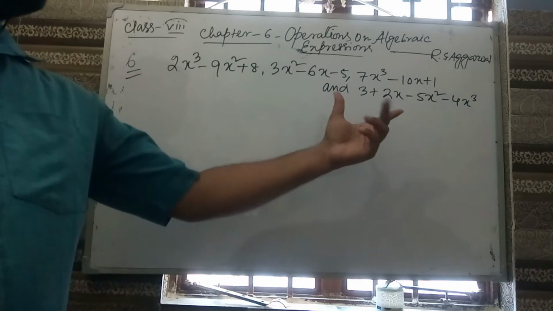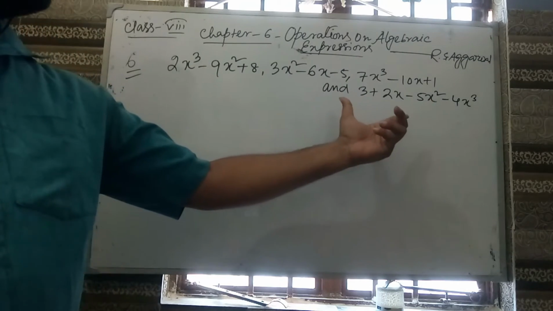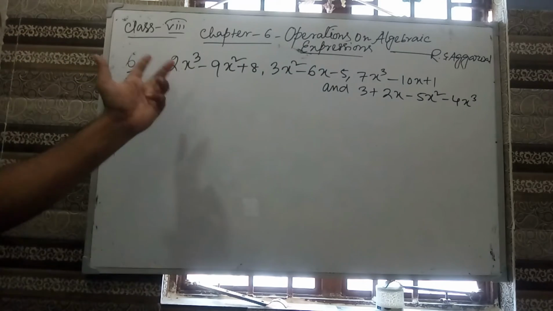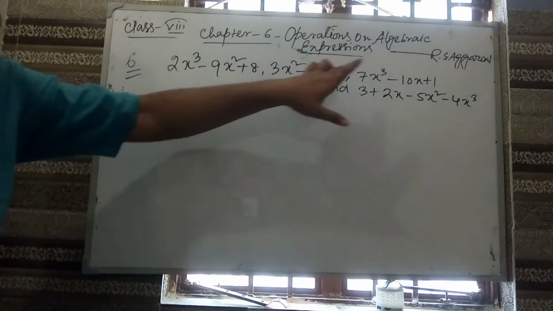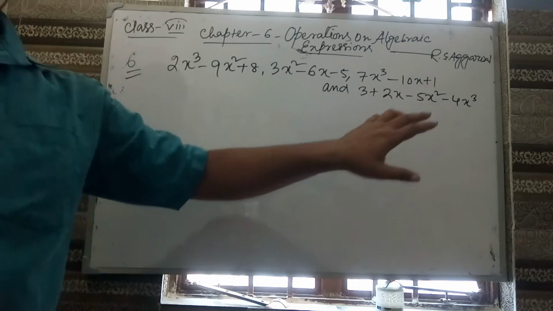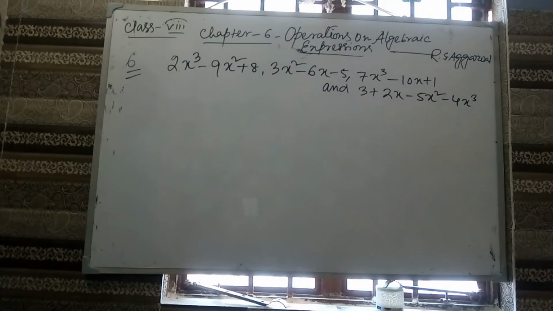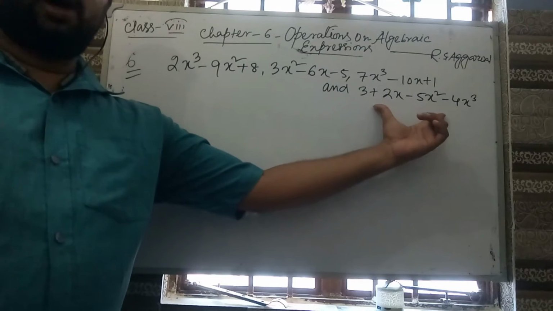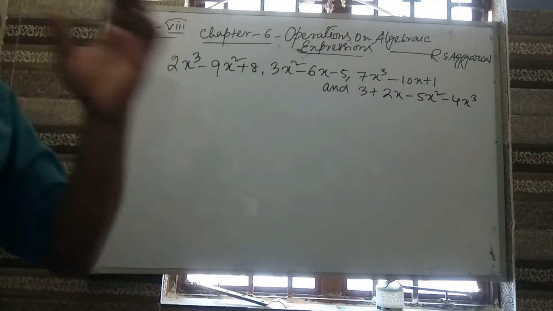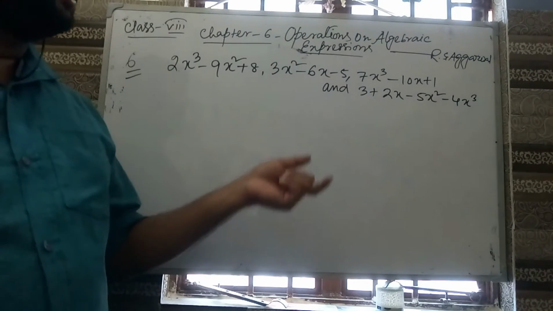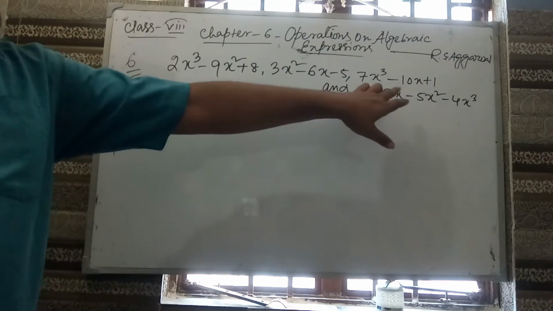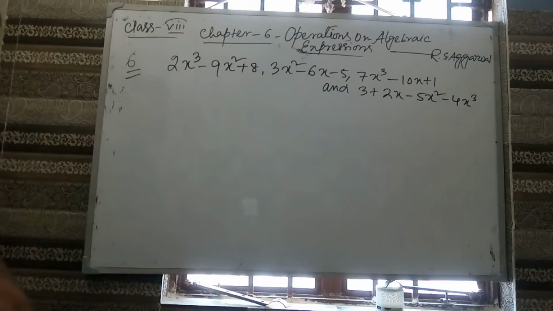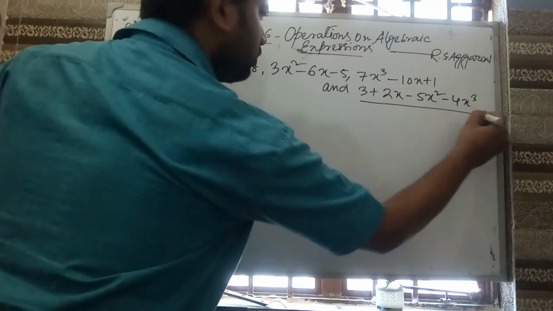Okay, so what we have, this one is the number where we have 4 terms, and all the other 3 have 3 terms. Since we are adding, we can write down this one first, and while we write it, we will maintain the order: the x cube related term first, then the x square related term, then the x related term, and then the constant. So we are rewriting this one.